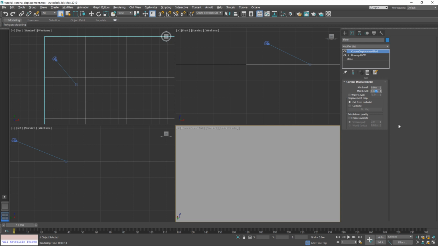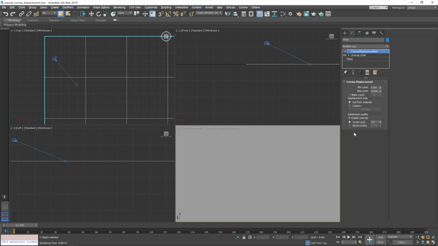By default, the material was set to 0.025, so I've now replicated that here. But now we have the option to increase it, and you could do that from the material itself, but the reason I'm using the modifier, I'm going to go a bit more extreme, let's say 0.04, is because you also get this subdivision override, and that allows you to dictate the